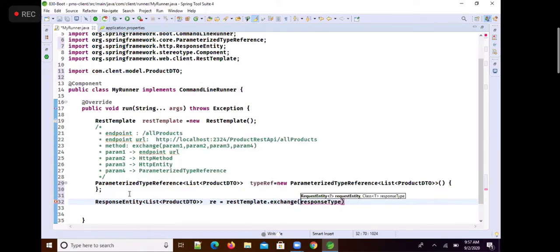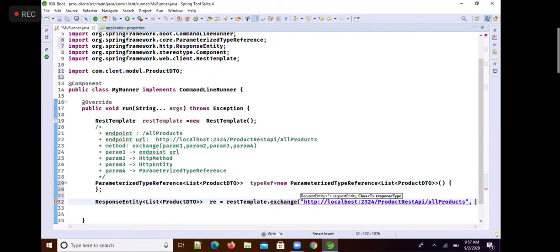The first parameter of the exchange method is the URL: http://localhost:2324/product-rest-api/allproducts is the endpoint.